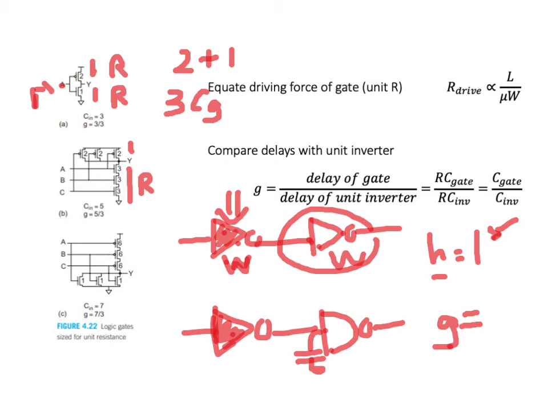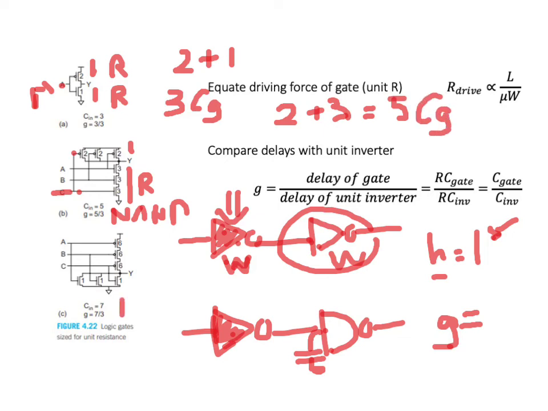So if we go to our canonical 3-input NAND gate example, every input pin will see 2 units of PMOS gate capacitance plus 3 units of NMOS gate capacitance. So the 3-input NAND gate has 5 units of gate capacitance. And if you look at the case of a 3-input NOR gate, each input sees 6 units of PMOS gate capacitance and 1 unit of NMOS gate capacitance. So the NOR sees 7 units of gate capacitance.